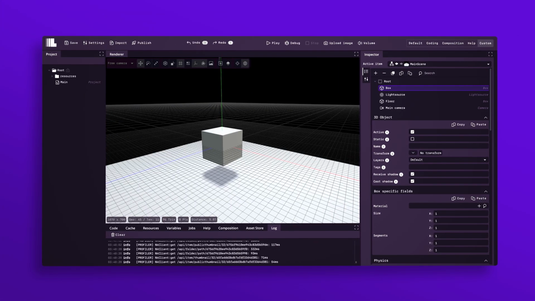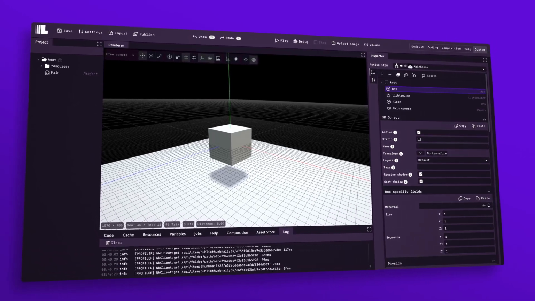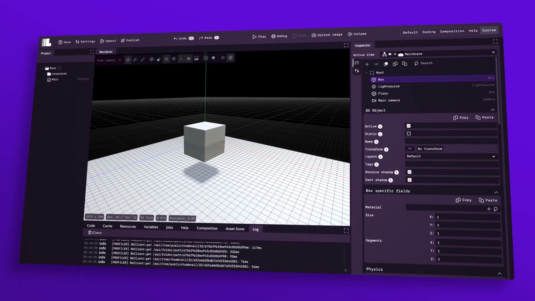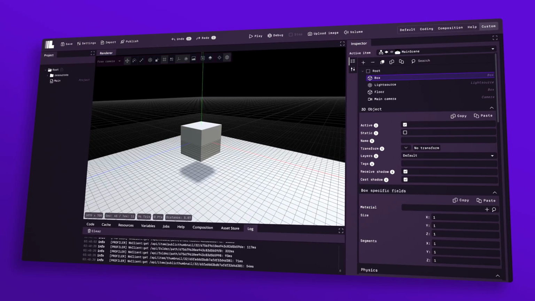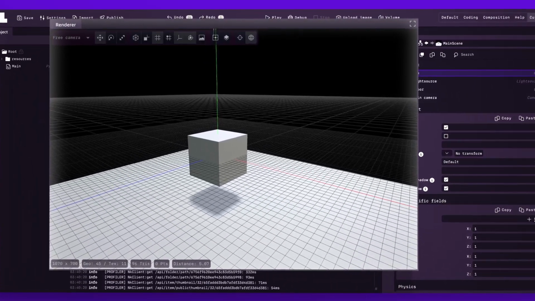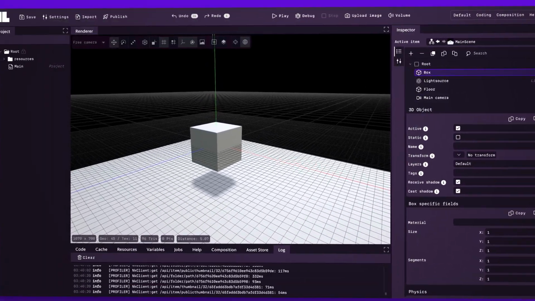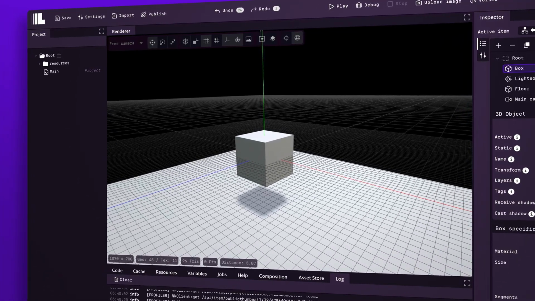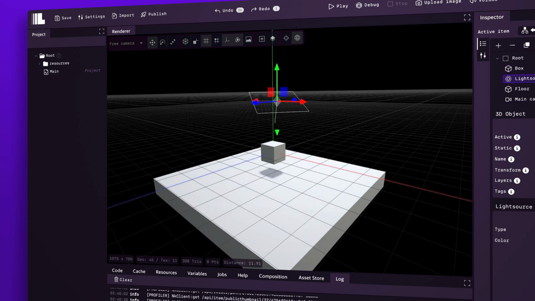In order to build a game, the Lemonate editor is essential. It's your powerful tool to unleash your creativity and create new worlds. Let's take a closer look at the whole thing. The renderer is where most of the magic happens. Every new project always begins with 4 elements that we call nodes: a box, a light source, a floor, and